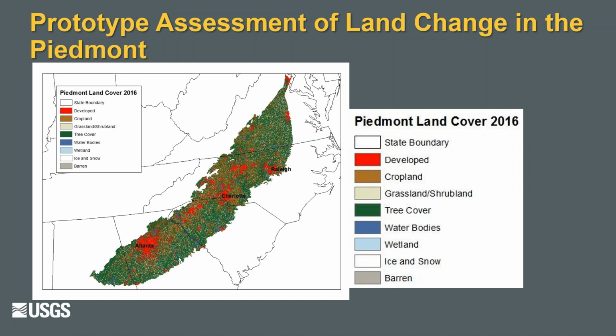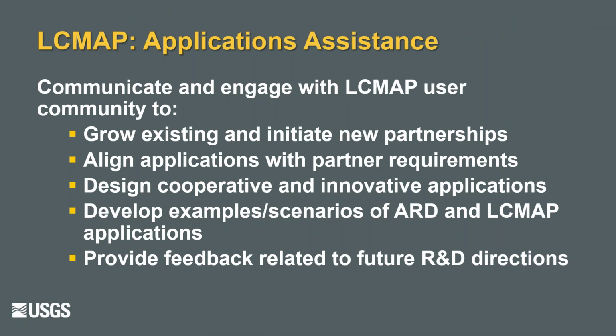I don't have the animation of this, it was way too big, and the granularity of the change was so small you couldn't see it. But what you see if you look over time is urban expansion, and more of that changes from forest to ag, and actually from ag back to forest, because we have some areas in this part of the country where agriculture is being replanted, and there's also some of this forest plantation activity.